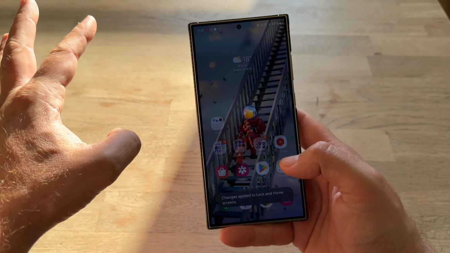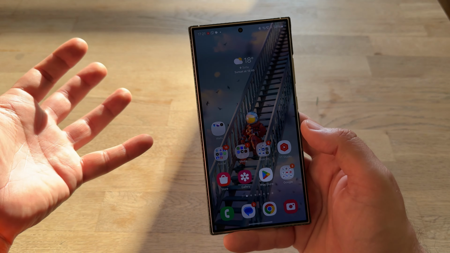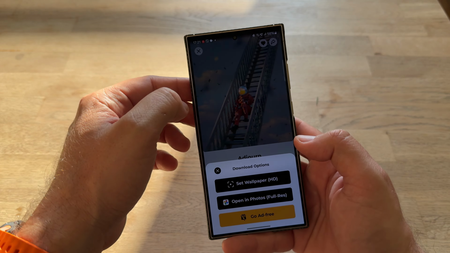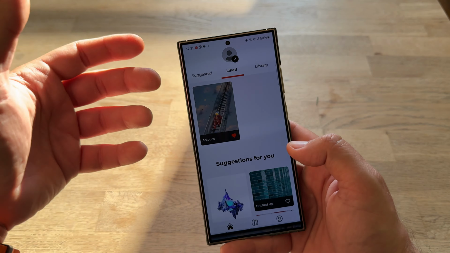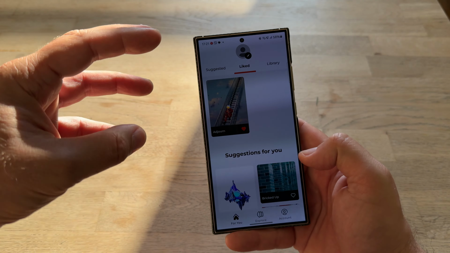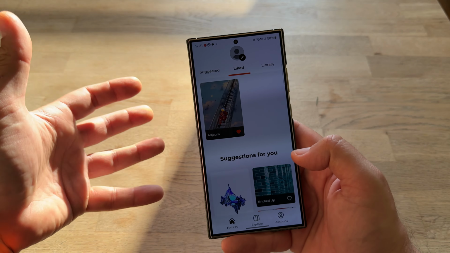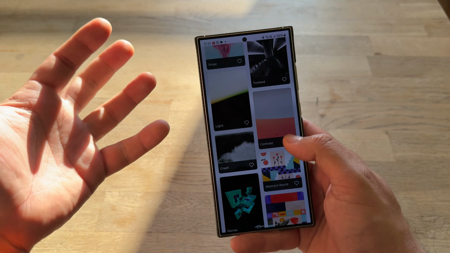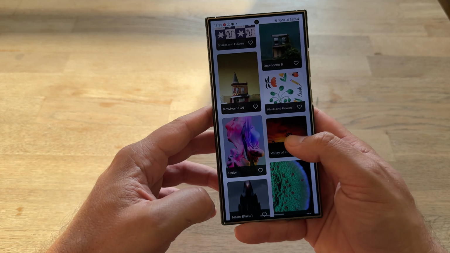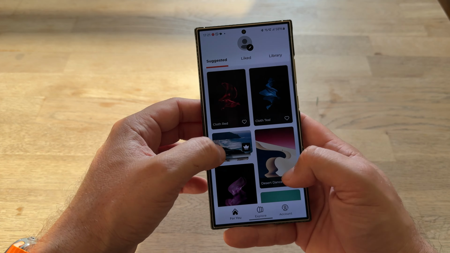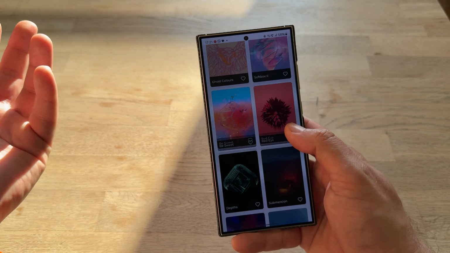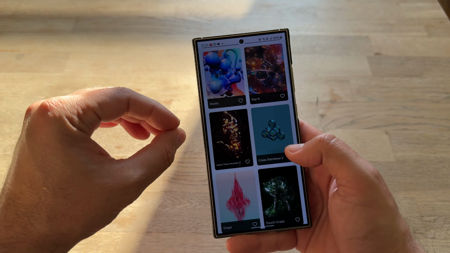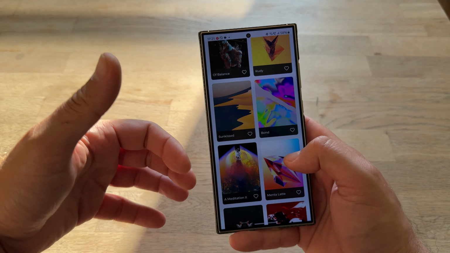But again, the feedback was so bad previously, I never even opened this. I just saw people opening the apps, and the moment I see ads just when browsing inside, it's a big turn off for me. So right now, we do have access to free wallpapers, also in the fullest resolution. You are still limited, of course, because if you want to get the nice stuff from the collections, you still have to pay. But there are so many things freely available that are outside of collections, so much different art. And again, according to Marquez, everything here is real. It's not created just by AI, it's been created by people.